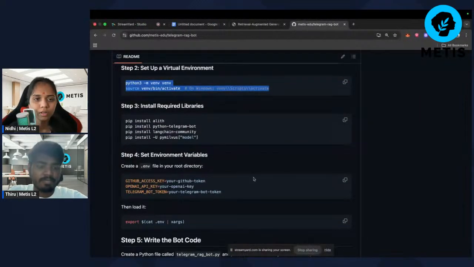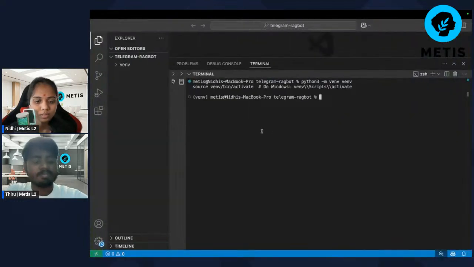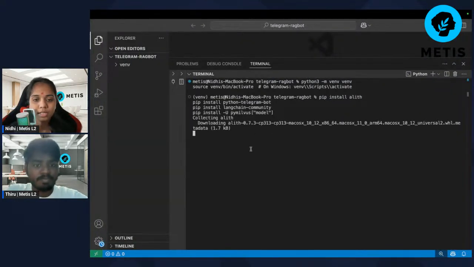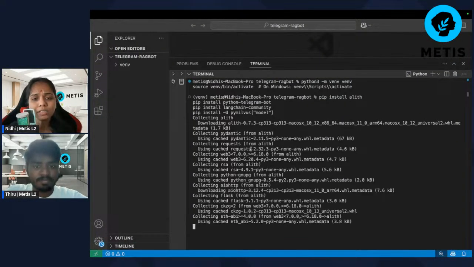And we are going to install Alith, Python Telegram bot, LangChain community. And yeah, so we are going to use this vector database model to store our retrieved data. So let me just copy and paste it here. And okay, so while it's getting installed,